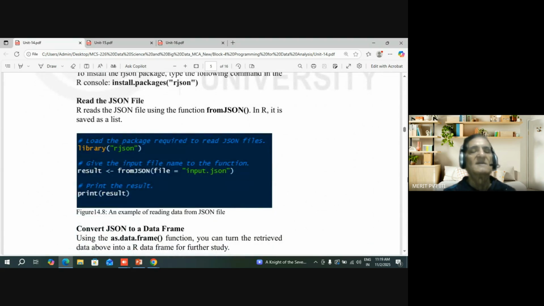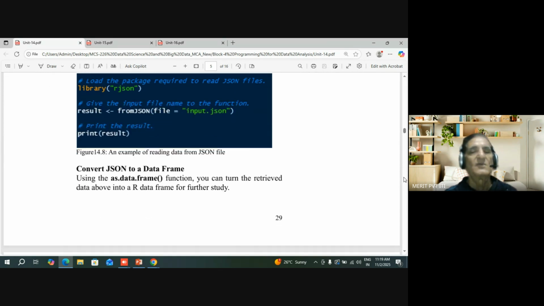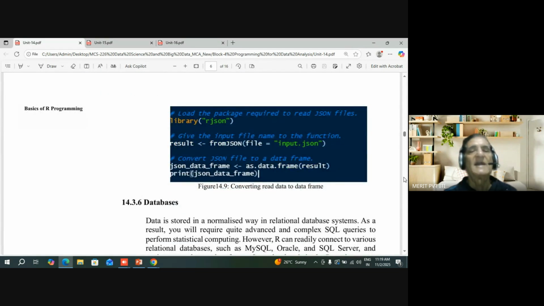So this is again what is given here. To read a JSON file, library rjson, result is equal to fromJSON, file is equal to input.json, print result. So this is very simple programming, so you don't have to worry much about it. Simply write there, simply this converting read data to data frame. So this is the library, read data. Result is from file to input, this data frame as data frame results, and JSON data